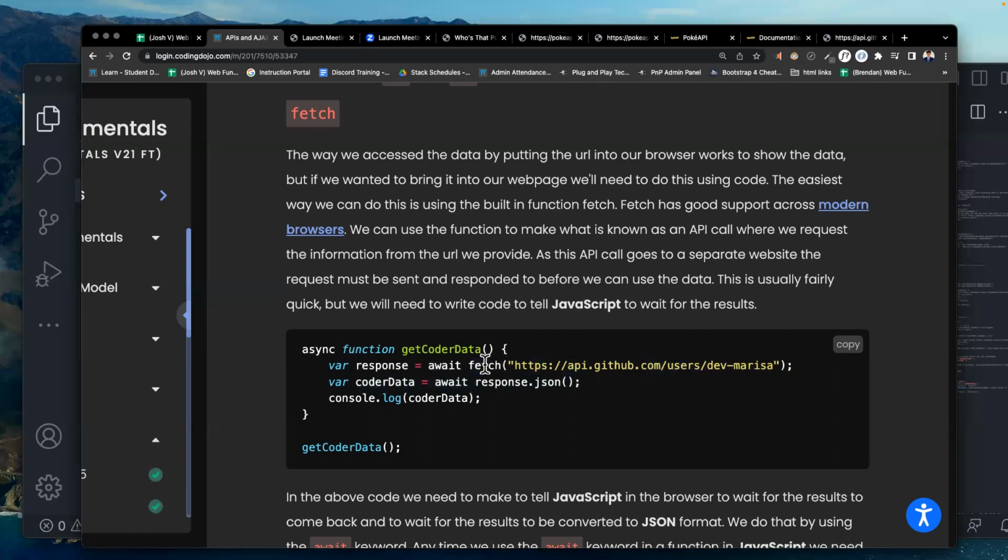It means keep reading this code while you're fetching this information, because we don't know. This information could come back in an instant. It could come back in 10 seconds. But 10 seconds is too long nowadays for someone to wait on a website for that data to load. So we're going to want the rest of the website to load. But for this API call, we want there to be fluidity in our code. So this is going to make the fetch call continue to go while the rest of the code and the rest of our page runs.